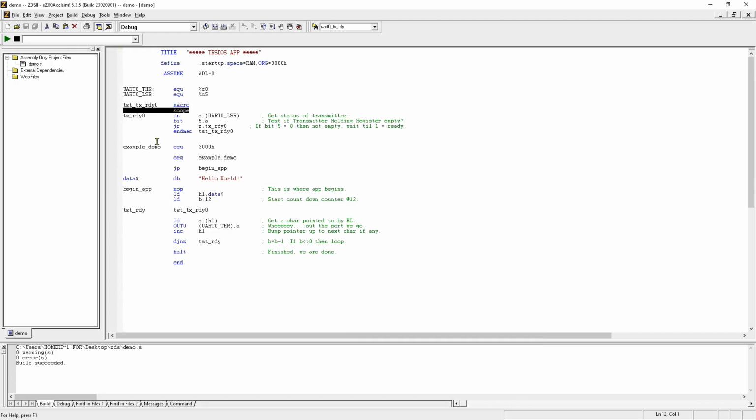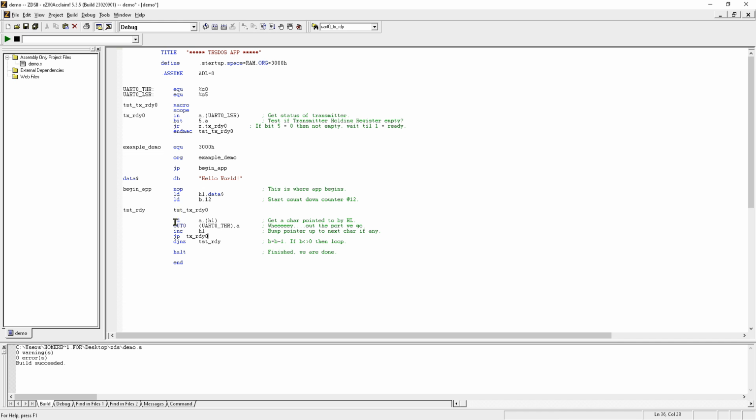In other words, I'm using the label TX_ready 0. If down here I was to add a jump to TX ready 0, and we had invoked this macro here, and it had included this code in the assembly,